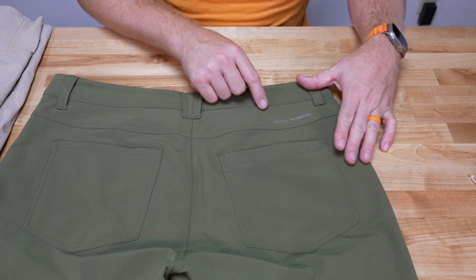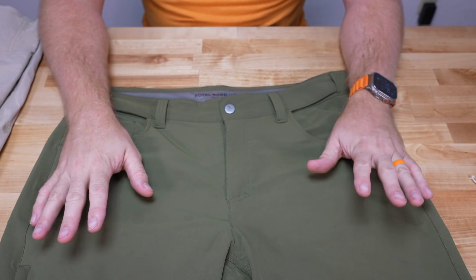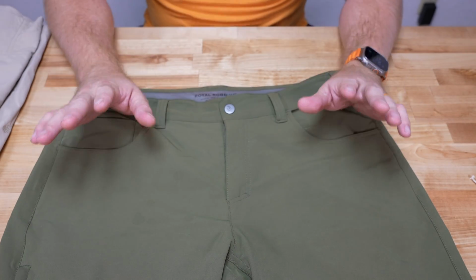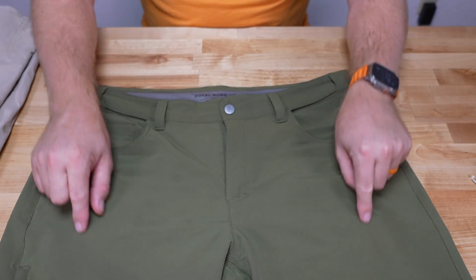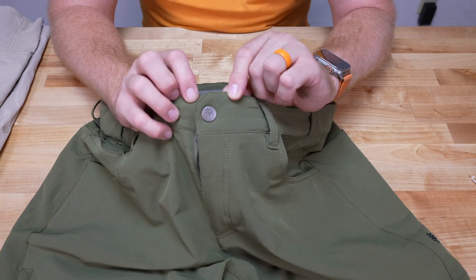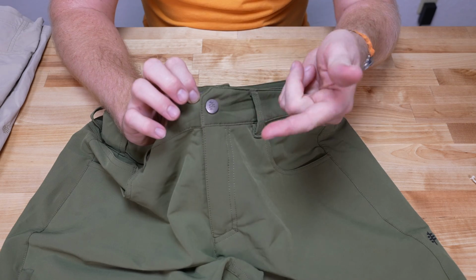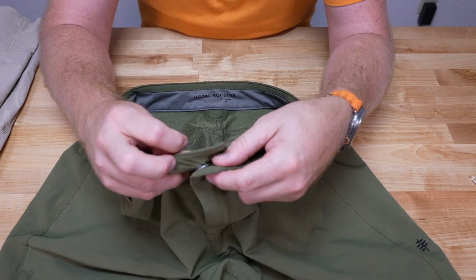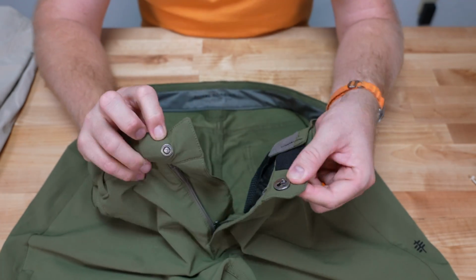Robbins right there, nice little logo. And here are my top 2 things about this specific short outside of the fabric. A is the button latch. It's a self-locking latch. I don't know if you've used these before. These are fantastic. I've had them on other pairs of shorts, or pants I should say, but they lock together,